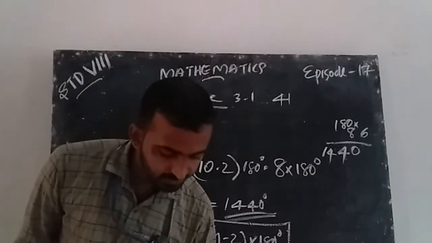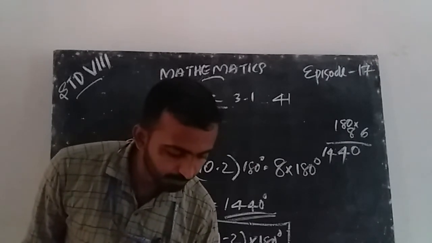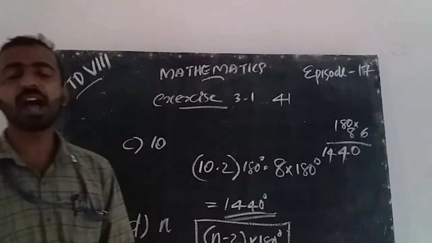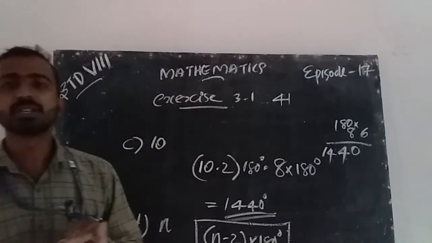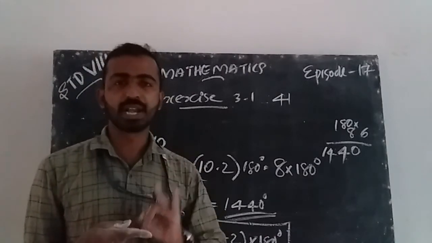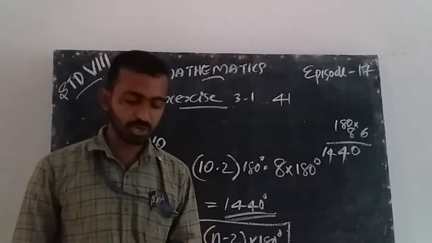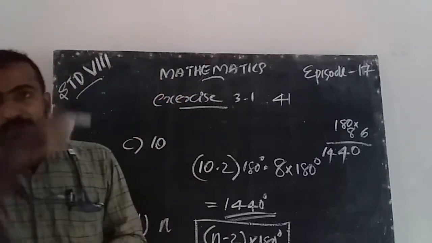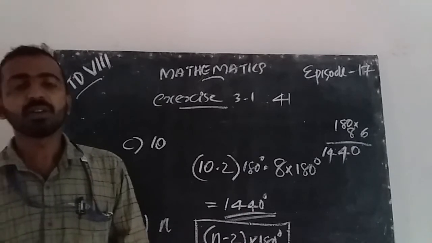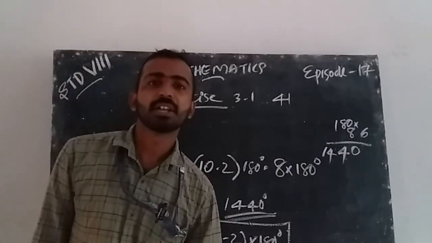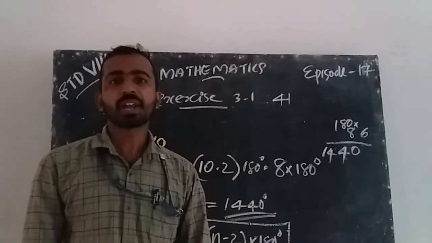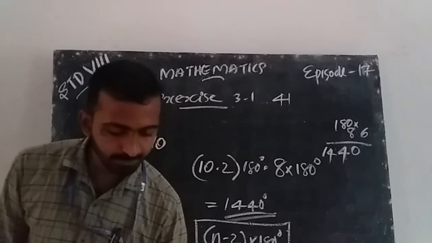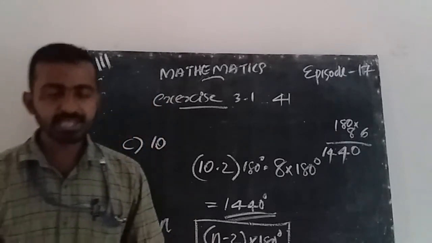And next, what is a regular polygon? What do you mean by a regular polygon? A regular polygon has the same angles and the same sides. That is, the measures are equal. Is it? Yes. And the name of a three-sided regular polygon is called an equilateral triangle. Is it? Yes. And the next two are for your homework. Name the 4-sided and 6-sided regular polygons.